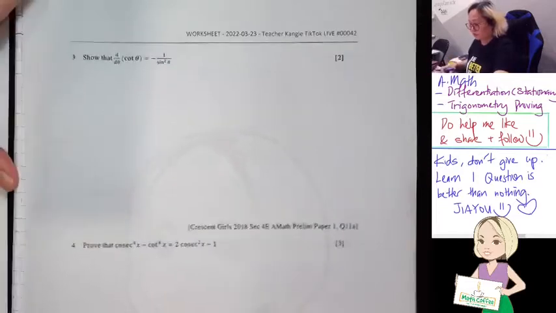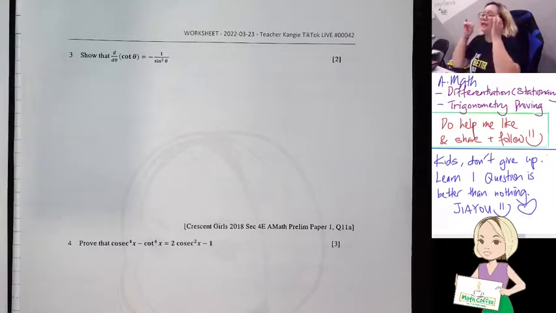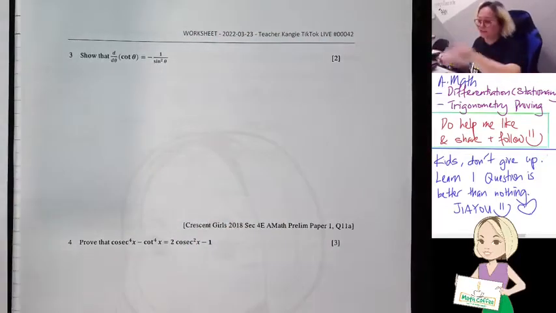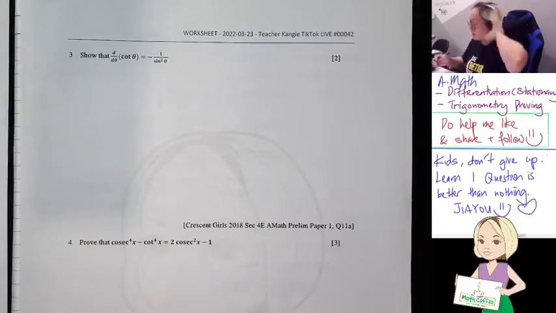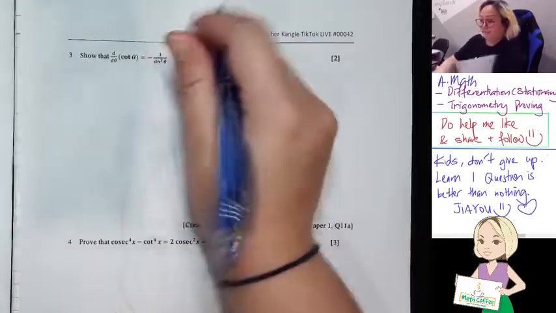Okay, let's move on to the next question. Okay, this one is differentiation of trigo. I think I accidentally put this question here, but never mind, it's okay. Anyway, it's trigo, because we are supposed to do trigo proving, right? And this one is differentiation. Never mind. Anyway, this question is also good, because